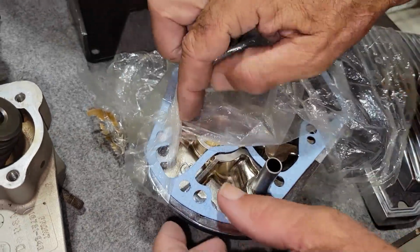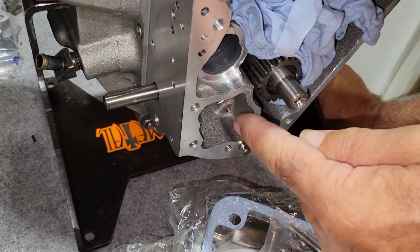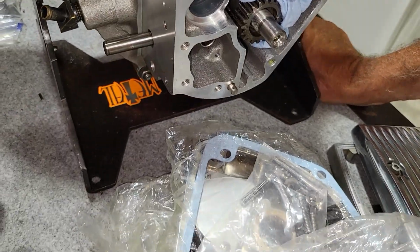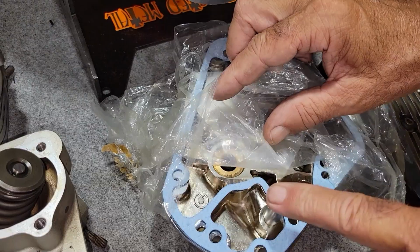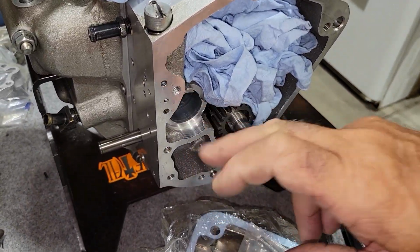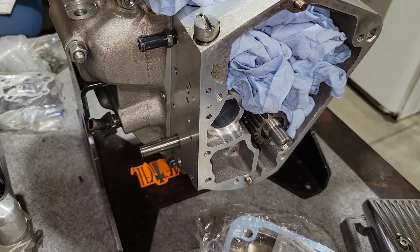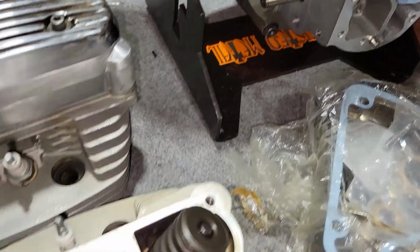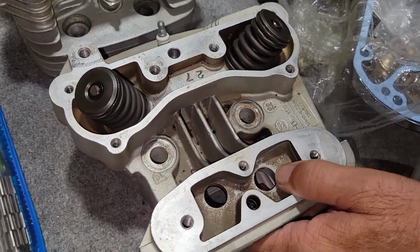And the gasket has this separation part that separates the breathing section from the rest of the motor. Now, the later ones, the gasket does not have this, and it does not have that. And there's a change in the breather that goes in here. And I don't have the part numbers here. And this pipe would not be there. Then they would also have somewhere up in this head over